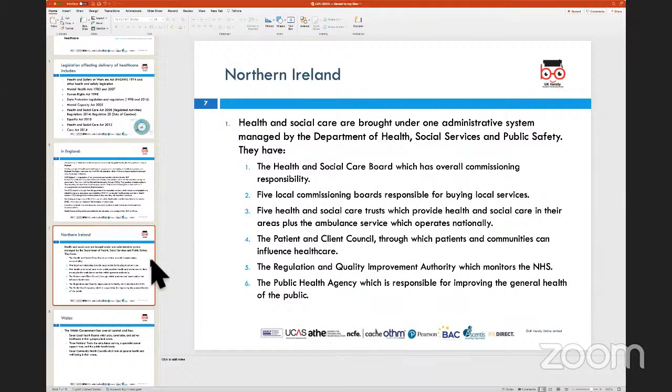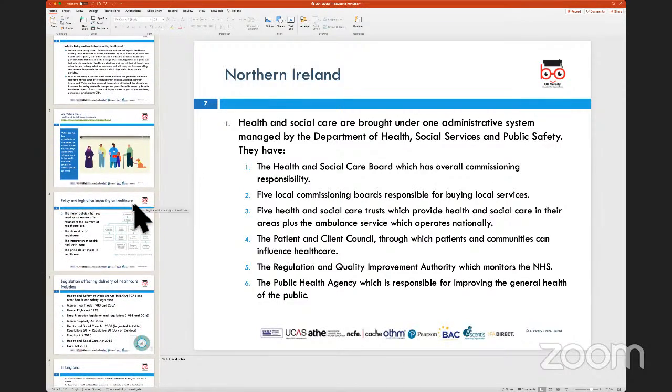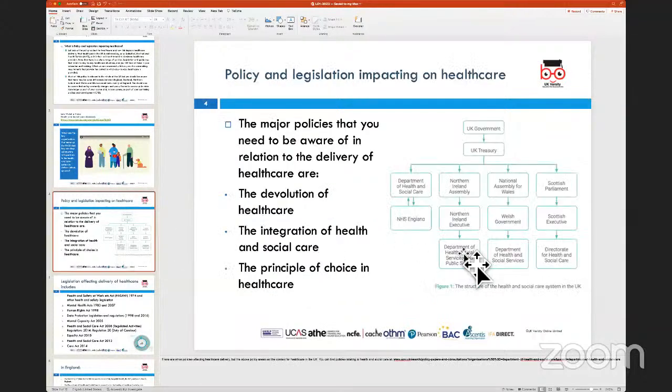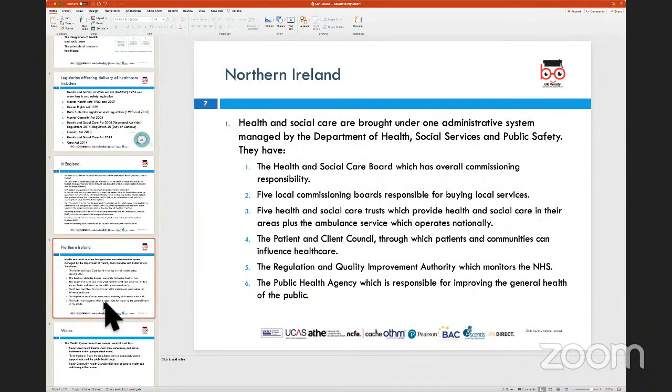There is one slide that I put in particular for Northern Ireland, to give you an idea when we talked about the devolution of services within health and social care. When we talk about Northern Ireland, we have the Northern Irish Assembly, under which the Department of Health, Social Services and Public Safety looks at creating this framework which provides these services to 1.8, 1.9 million members of the public within